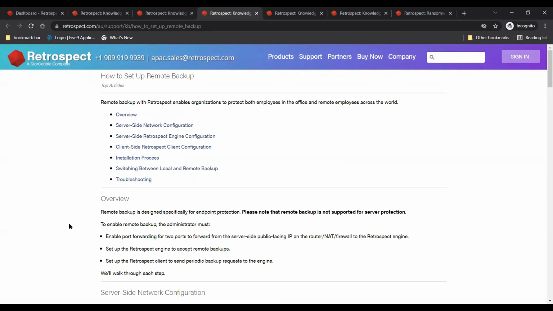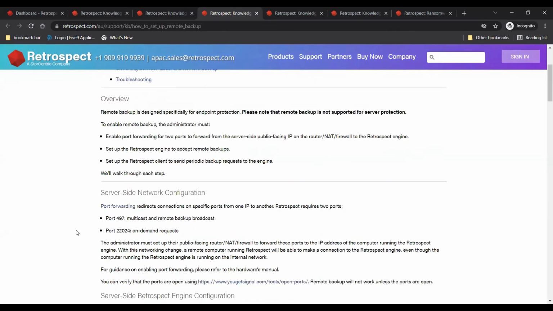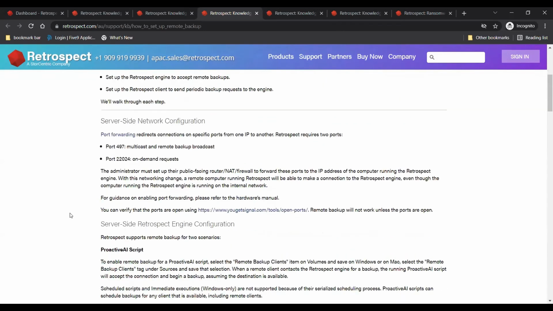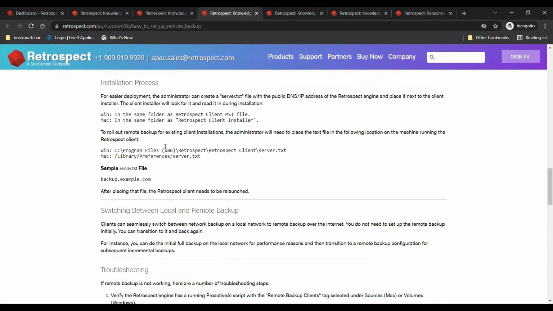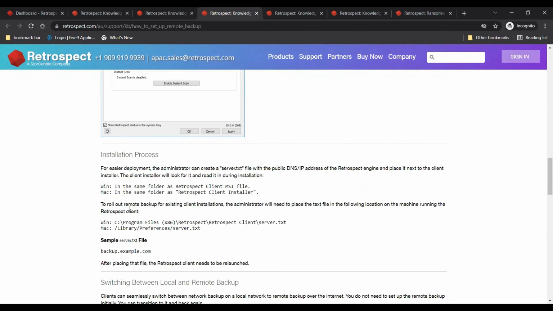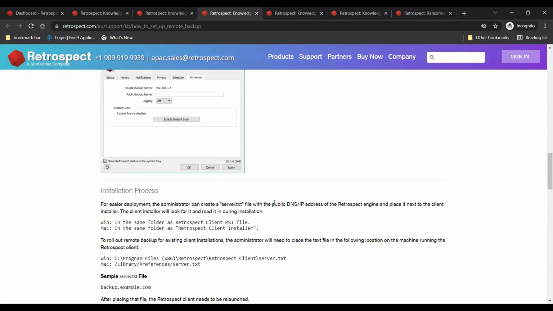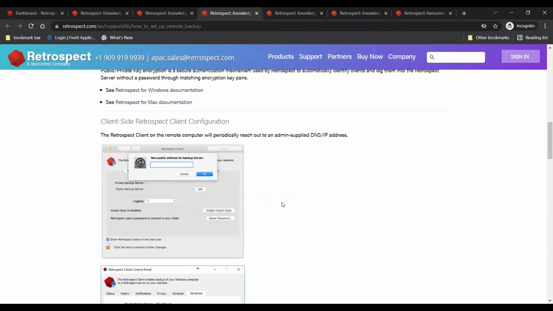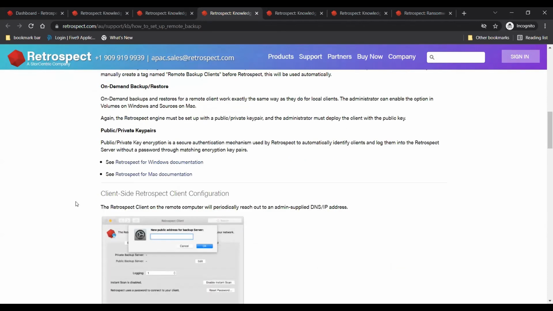The only two differences are that you have to do some settings on the server side network, and you have to install the client using a specific method, which is to use a public and private key pair and create a custom installer to install that client. Everything is explained in great detail here. You can just refer to this article. If you have any questions, just drop me an email at vishal@retrosec.com. I'll be happy to help you.